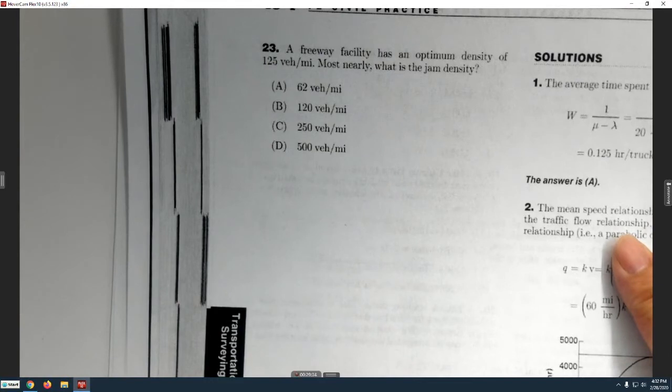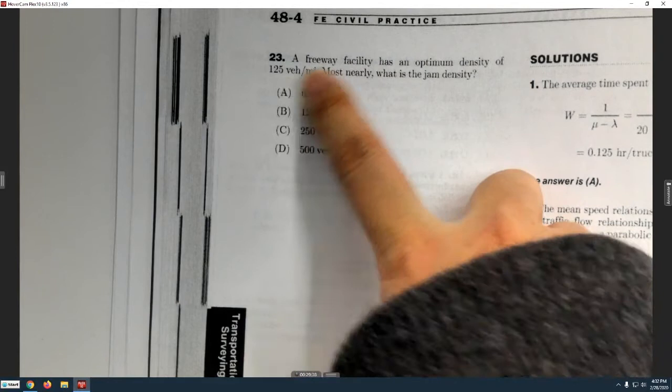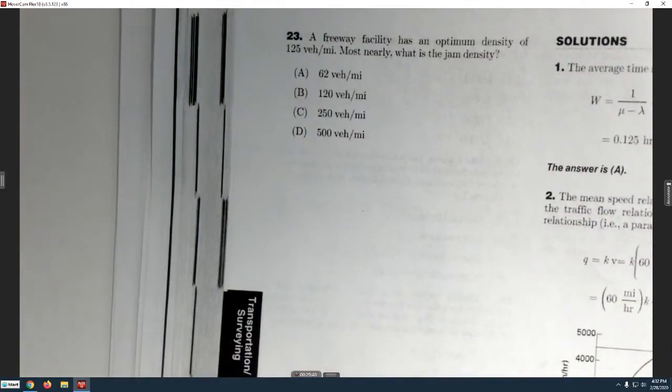Freeway facility, optimum density. Again, optimum density is half of jam density, so jam density is 250. There, see. Okay, so this is for the first part. Mostly covered by pages 175 to 177 on the reference book. And then the next part,